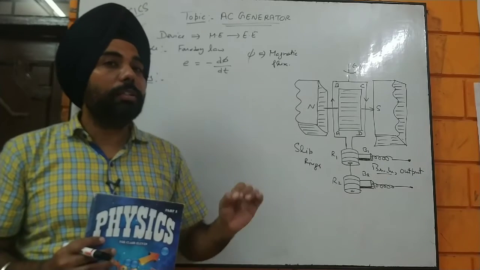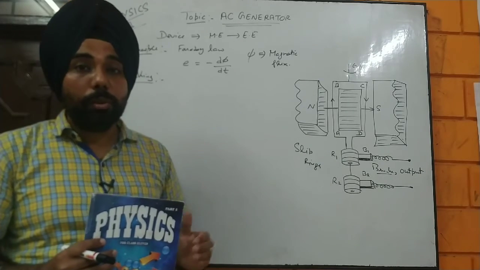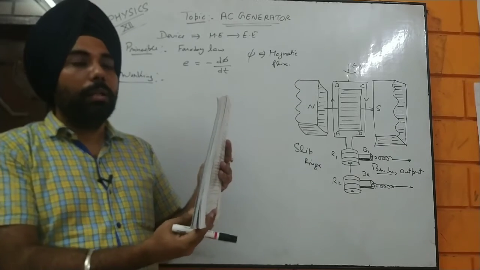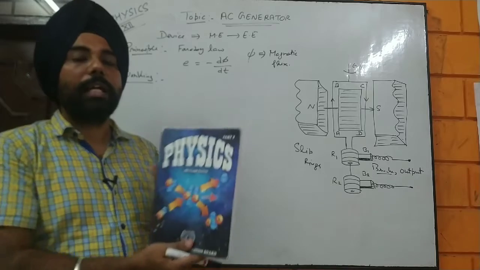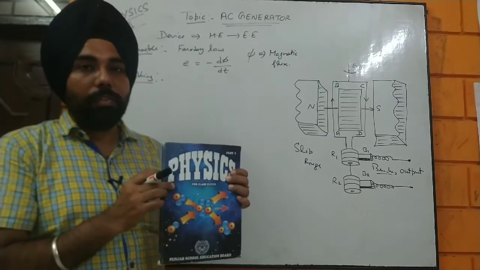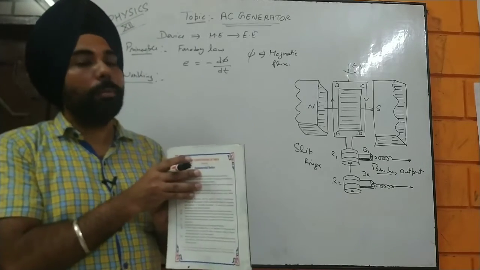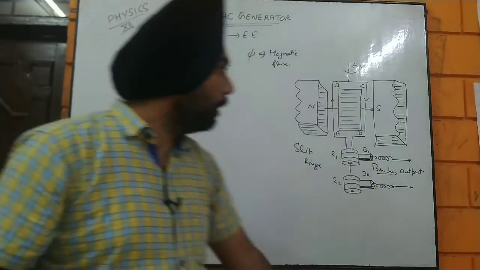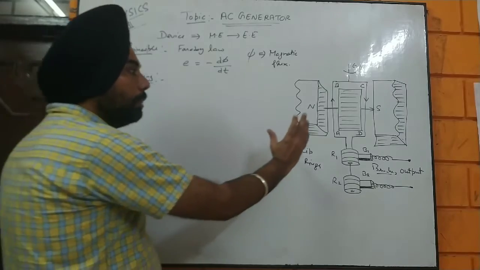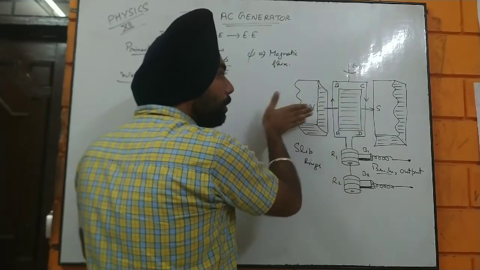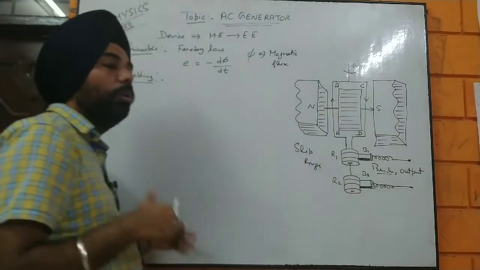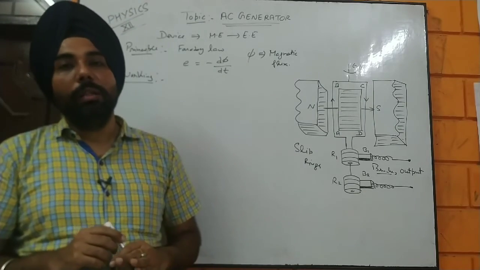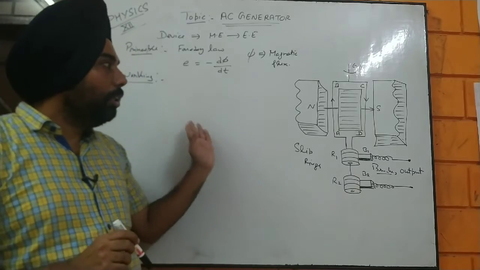That is a very, very simple thing and very interesting too. As you know, we can easily rotate that coil. Every time that rectangular coil is rotating, it is going to increase or decrease the magnetic lines. That is how the generator works. The coil is rotated, and the magnetic lines from north to south are always going to increase or decrease depending upon the direction of the rectangular coil.